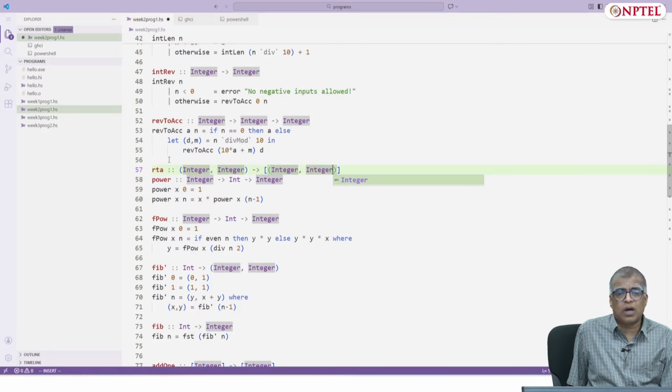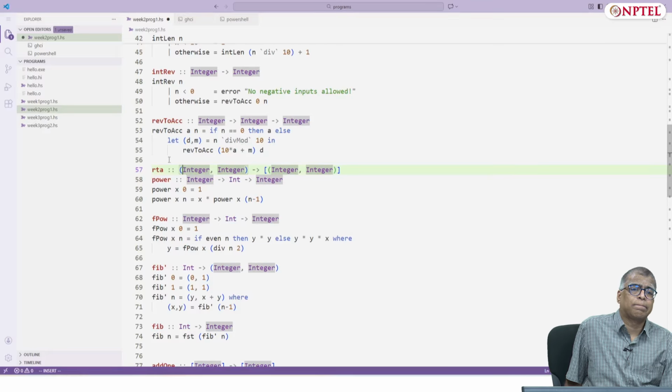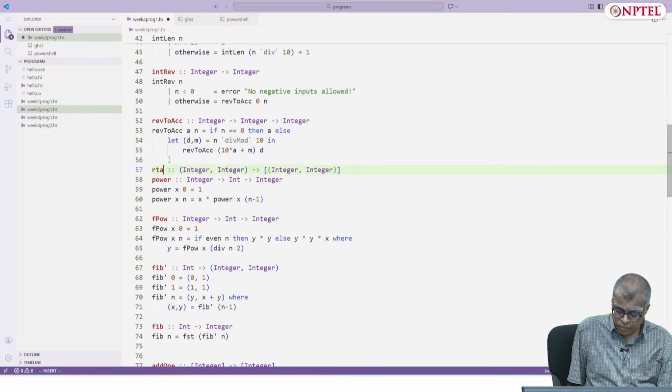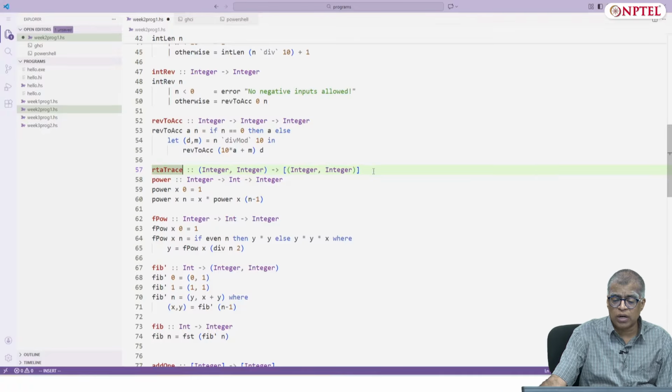And this pattern is the RTA trace, I should call it. And this pattern is the same as the pattern for the GCD trace that we saw earlier.